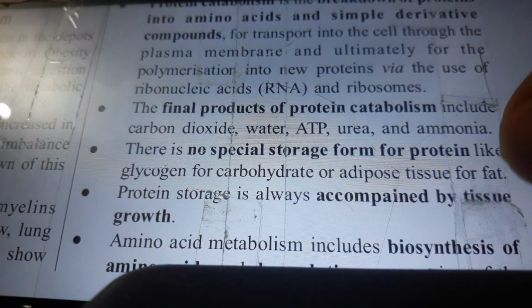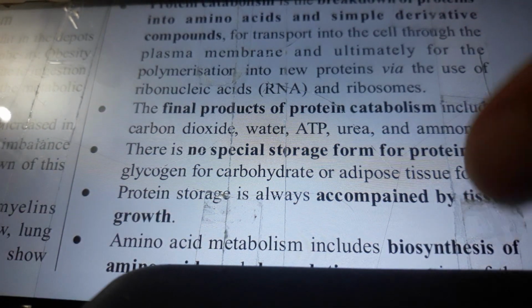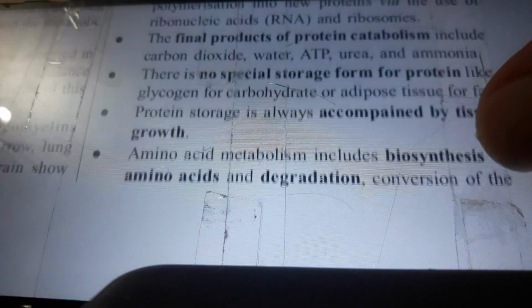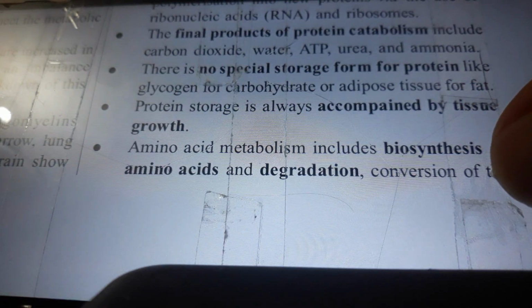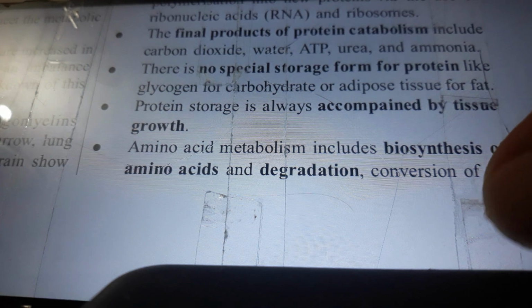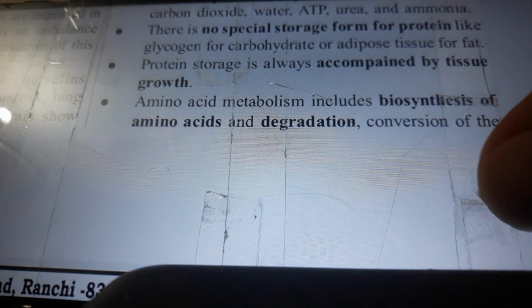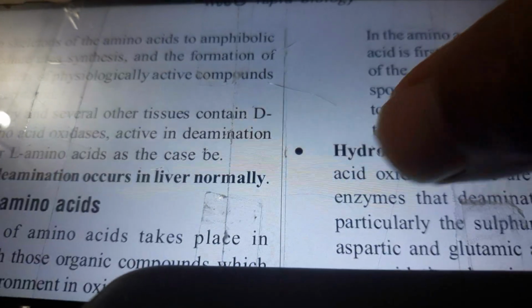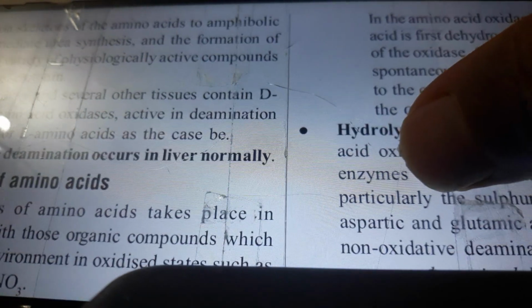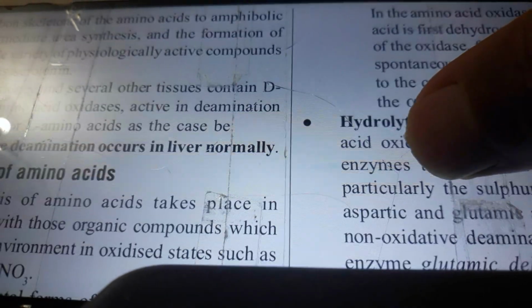The final products of protein catabolism include carbon dioxide, water, ATPase, and ammonia. There is no special storage form of protein like glycogen for carbohydrate or adipose tissue for fat. Protein storage is always accompanied by tissue growth. Amino acid metabolism includes biosynthesis of amino acids, degradation, conversion of the carbon skeleton of the amino acids to amphibolic intermediates, urea synthesis, and the formation of a wide variety of physiologically active compounds